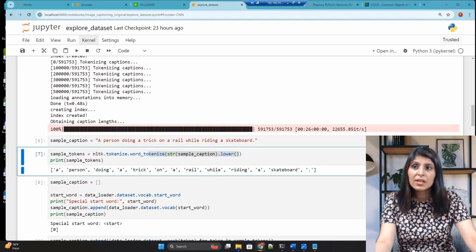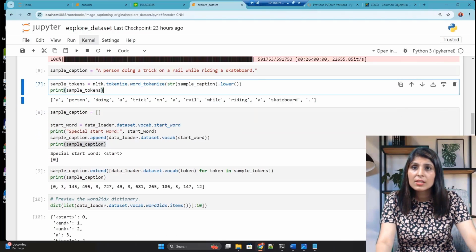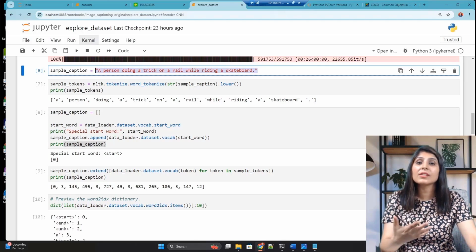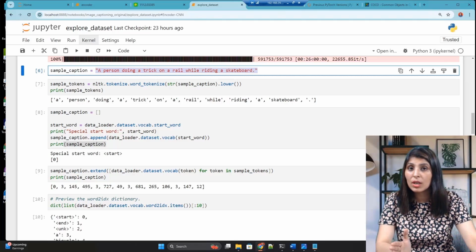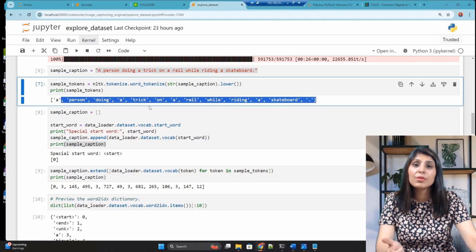See, every single word has been tokenized, and this whole sentence is in lowercase. Now let's convert this sentence into IDs, because as I've told you, if you want to perform natural language processing, your model will not understand words, so you have to convert them into numbers or some sort of IDs.